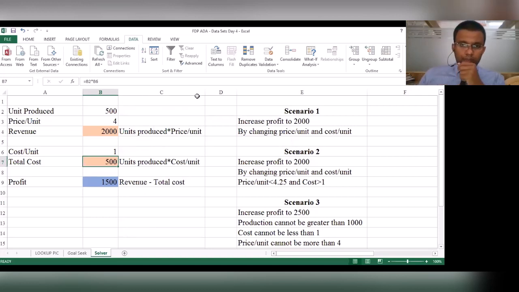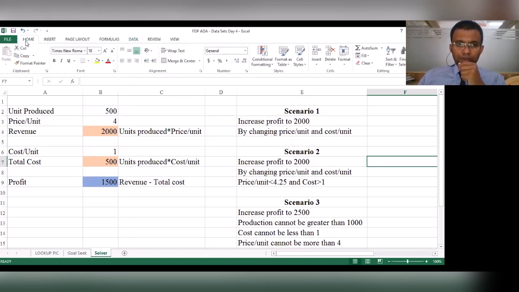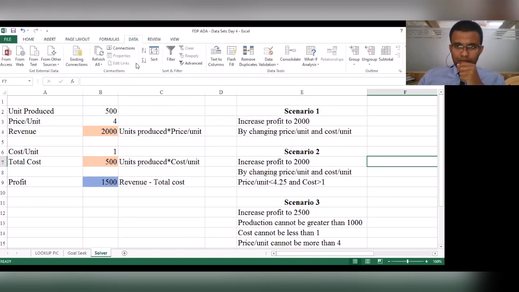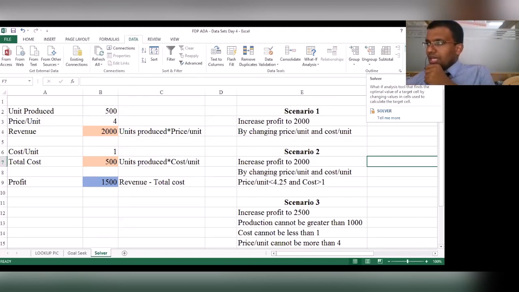Okay, for me here it has been installed. Now how do you come to know if the solver analysis add-in has been enabled for you? You can confirm by clicking on the data tab, and then you should see an option that says solver. If you're able to see this option, it means the solver analysis add-in has been enabled for you.